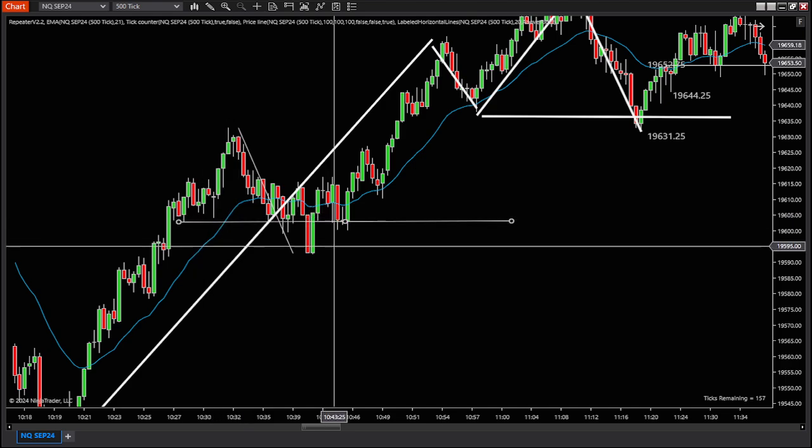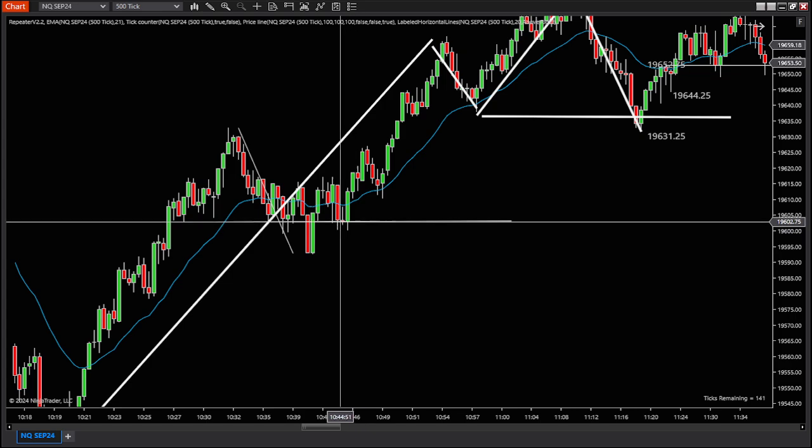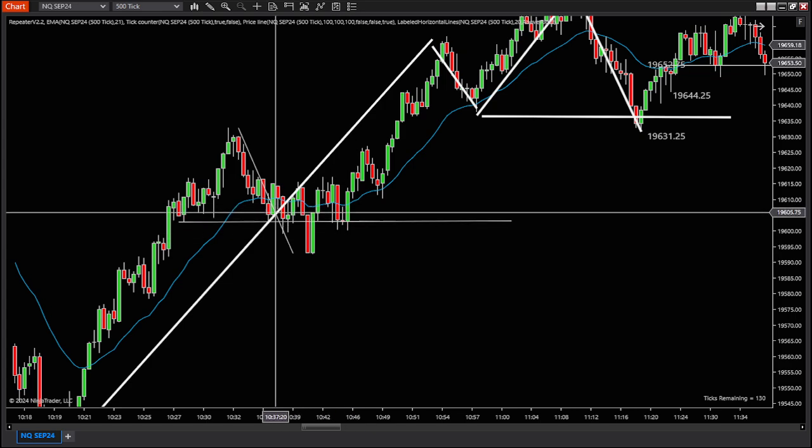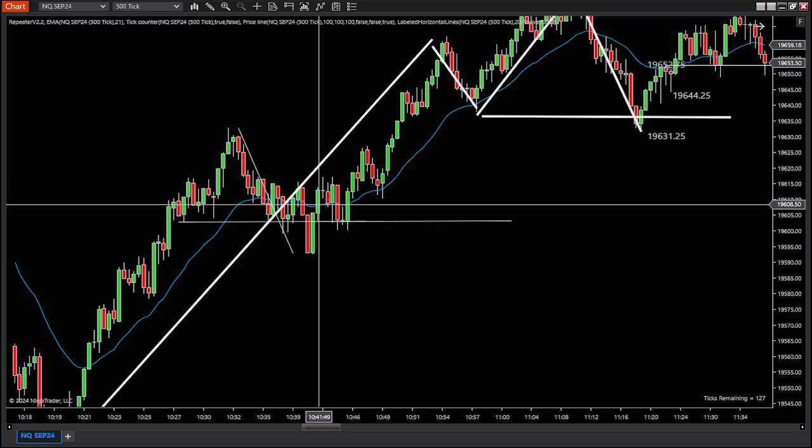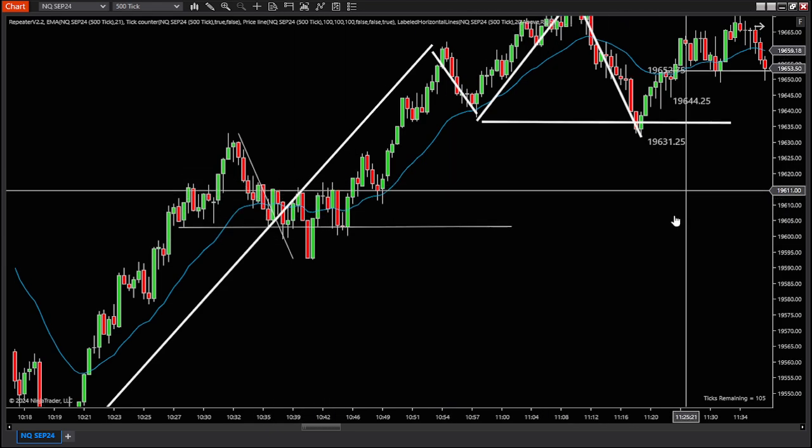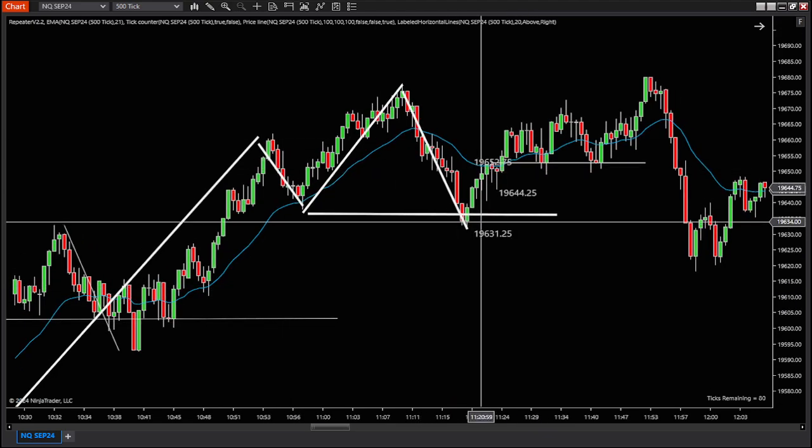Let's see right there. You know, we barely, but we fought it. This was a battle here. I didn't like this one. See how condensed it is. Close to the EMA. We want that separation from the EMA. This one here properly separates from the EMA. The more it separates from the EMA,